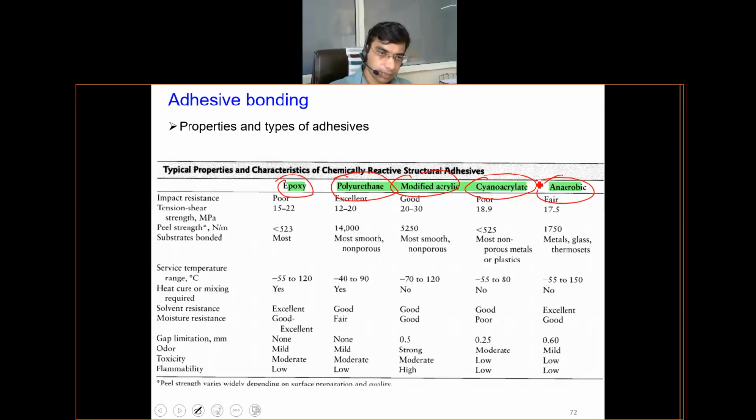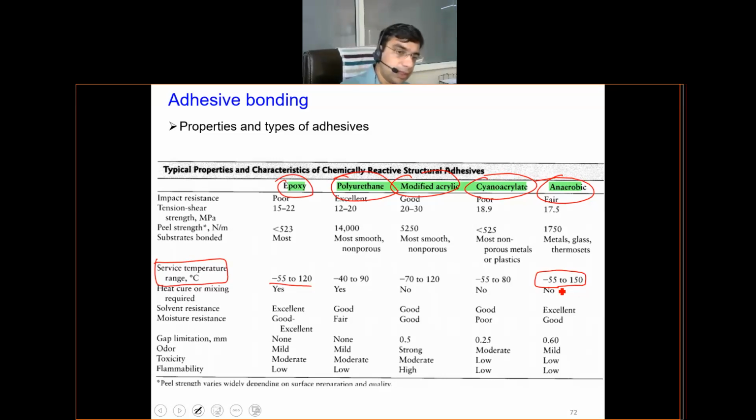Another important aspect of this epoxy is the service range temperature. You will observe here that the service range temperature is basically the temperature range in which the adhesive bonding can provide adequate bonding for the components to function properly. Typically they range from minus 55 degrees to 120 degrees centigrade. In most cases it goes as high as 150 degrees centigrade and cannot exceed that value, as I have discussed earlier, because the thermoset will get charred away.